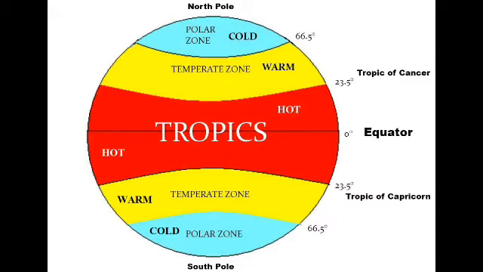Then you see the areas between the Arctic Circle and Tropic of Cancer, and the Antarctic Circle and Tropic of Capricorn. These areas have medium temperature, as I told you in the beginning. And the last part, above the Arctic Circle towards the North Pole and below the Antarctic Circle towards the South Pole, is the coldest area on our planet. That is the lowest temperature on our Earth.